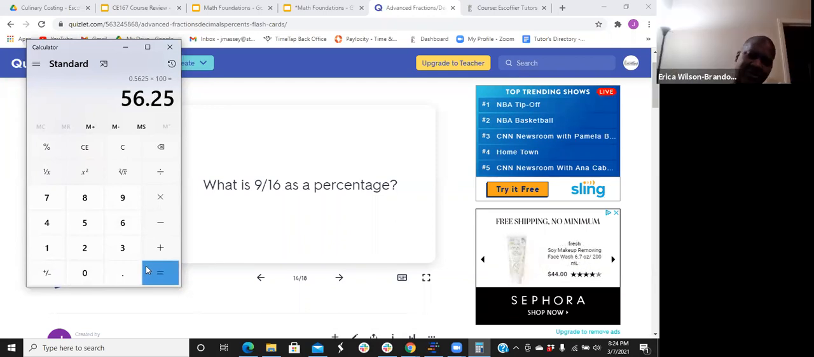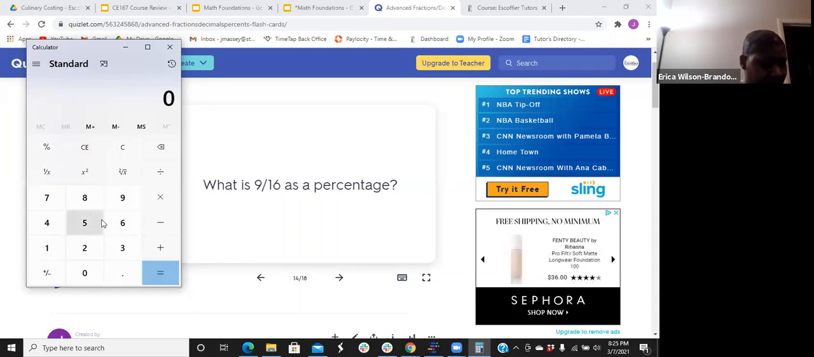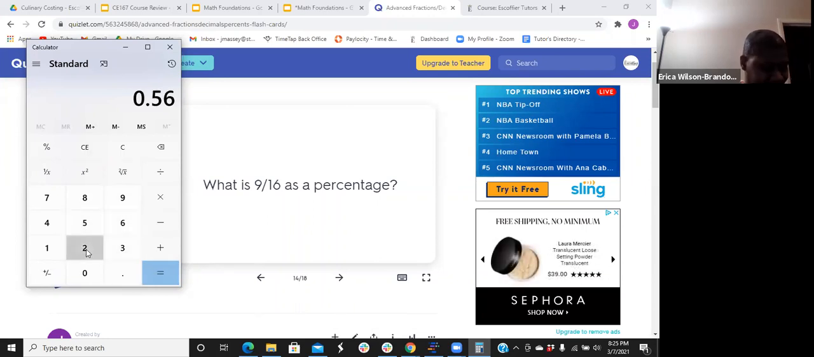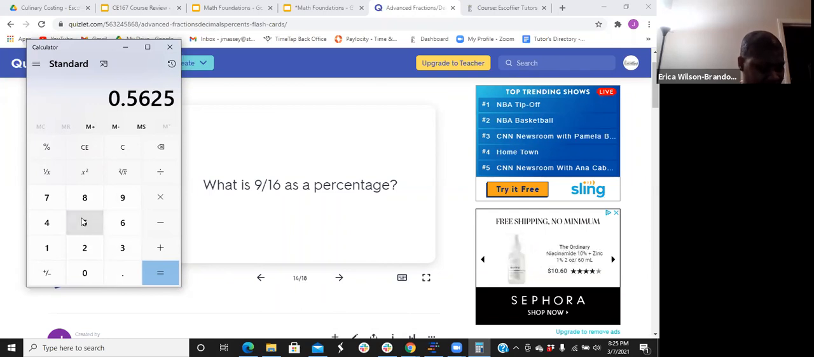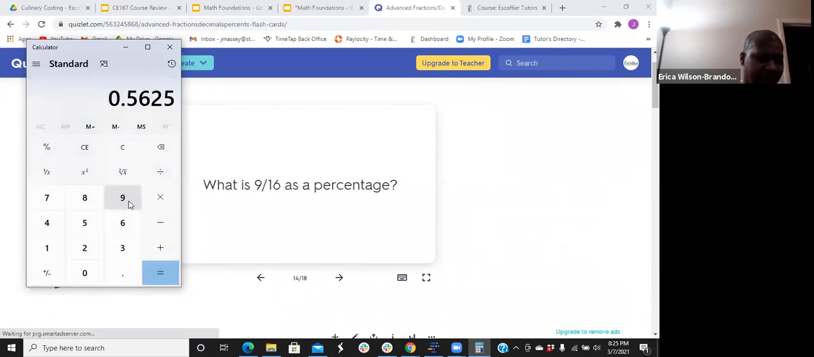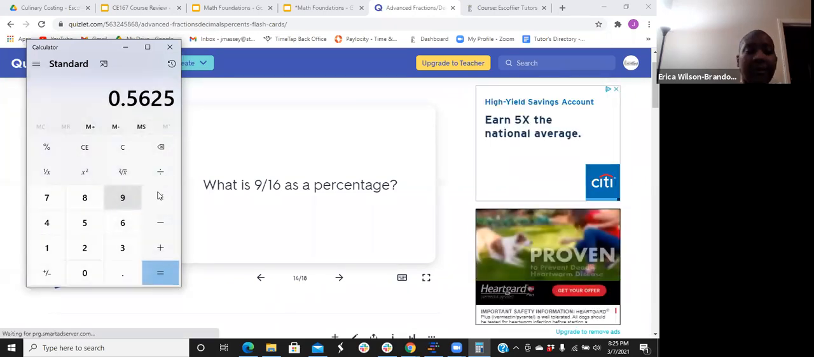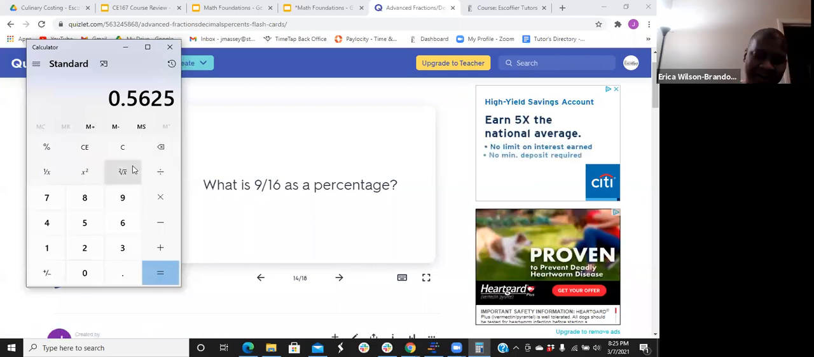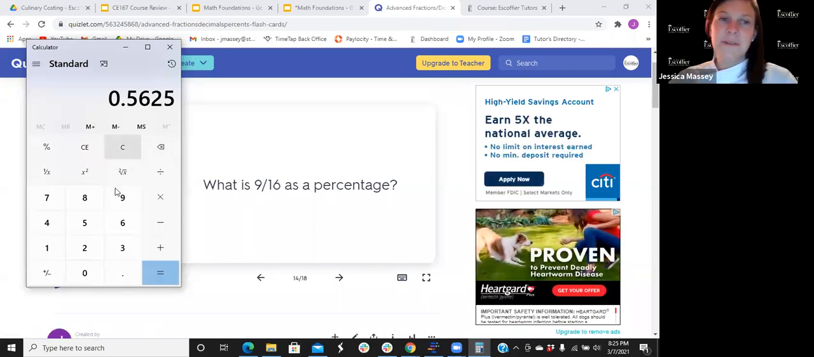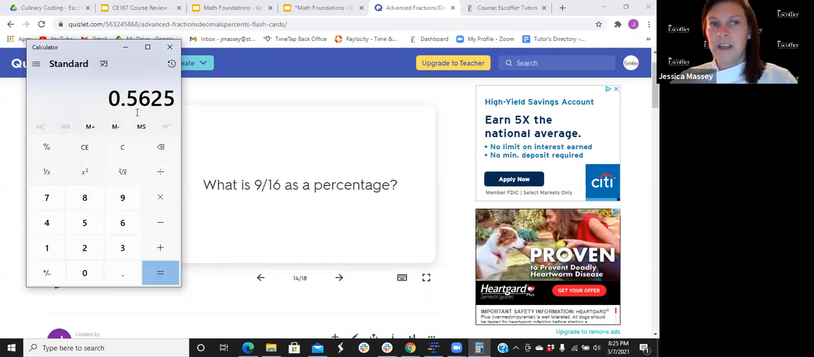Mine gave me 0.5625. So that is right. 9 divided by 16 equals 0.5625. Correct. So then once you have this number, you take this decimal and you move it either 2